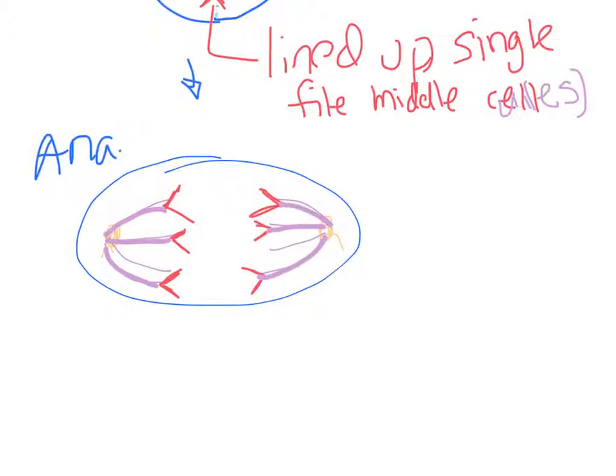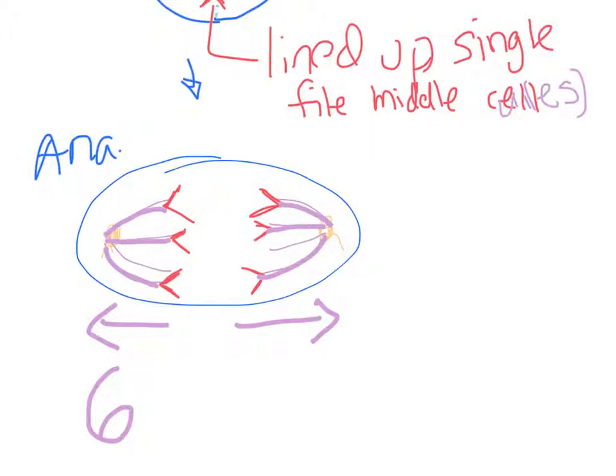Okay, so they're moving away from each other towards the poles. And what this is going to do is this is going to mean that they're far away, so when we split the cell in half, it's most likely to get this part in one cell and this part in another cell, which is what we want. In metaphase, we had 3 chromosomes total, and now we have 6. Each of the separated sister chromatids counts as its own chromosome now,